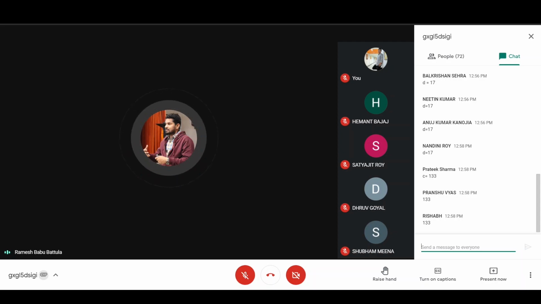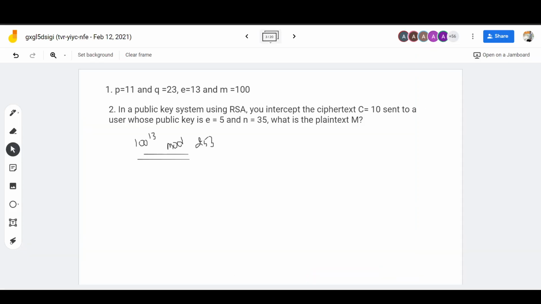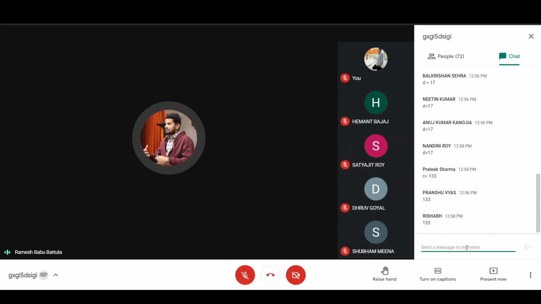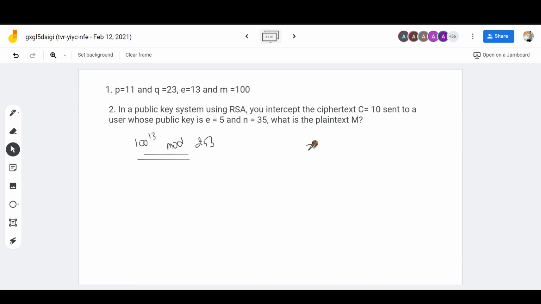I will give a small example of how to solve this kind of problem. Generally, with one example I will try to explain. Suppose I have some x to the power, say 10 to the power 7, mod 7. Suppose 17 is also there. First you write it down: 10 mod 7, which is equal to 3.